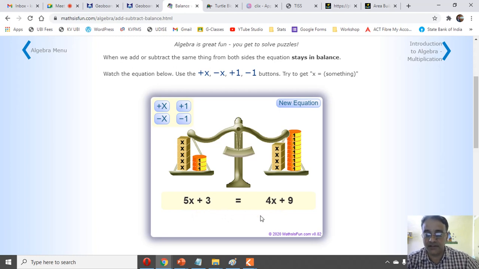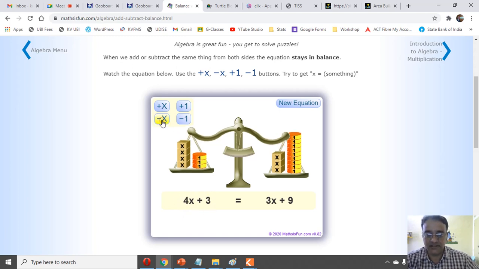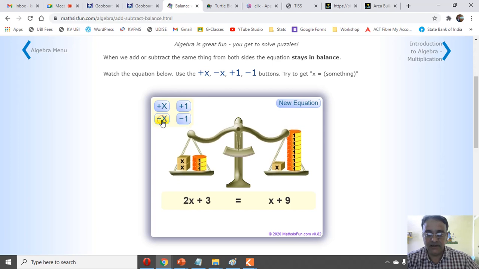So I'm going to solve this equation. What we used to do is keep the variable on one side and the constant on the other side. So I want to make this x. So I have to subtract from both sides till I get the variable on one side. Now I have to remove this plus 3 from the left hand side.